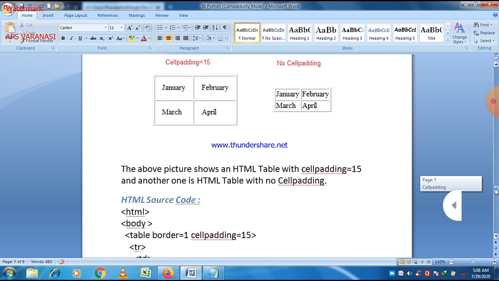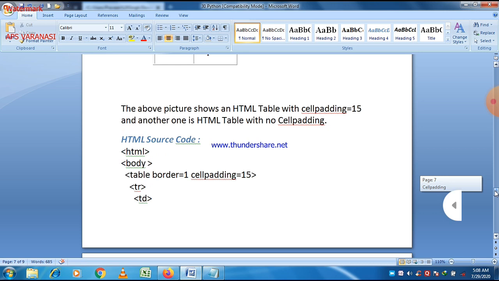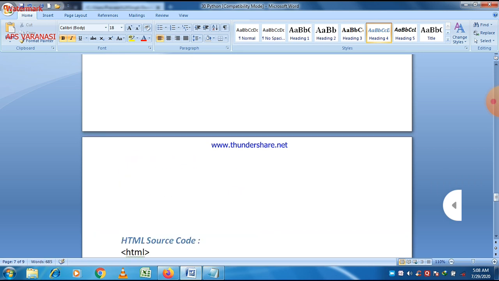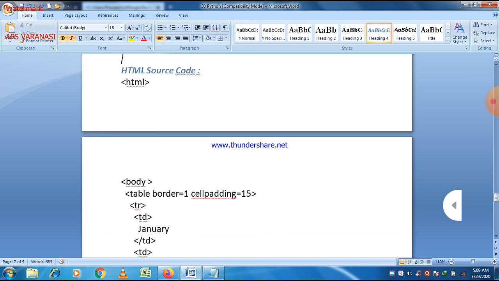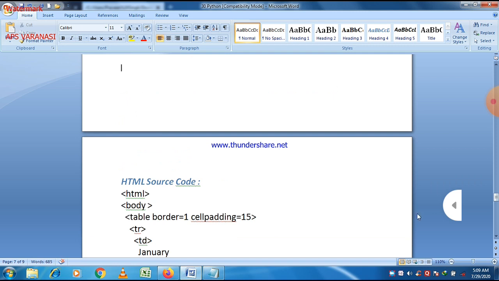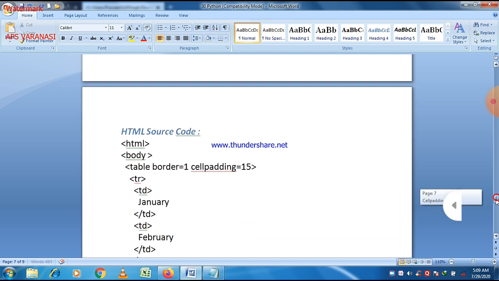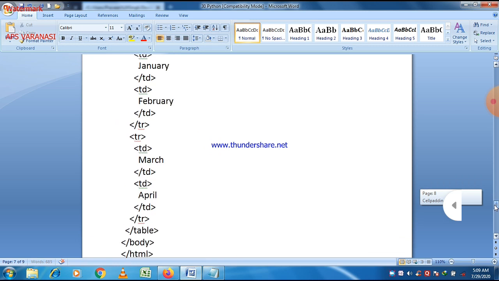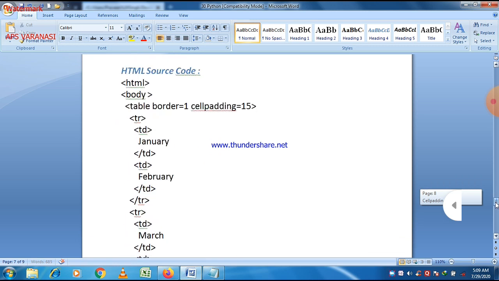Now this is a small program to apply the concept of cell padding. You can easily see that this is a program of cell padding.